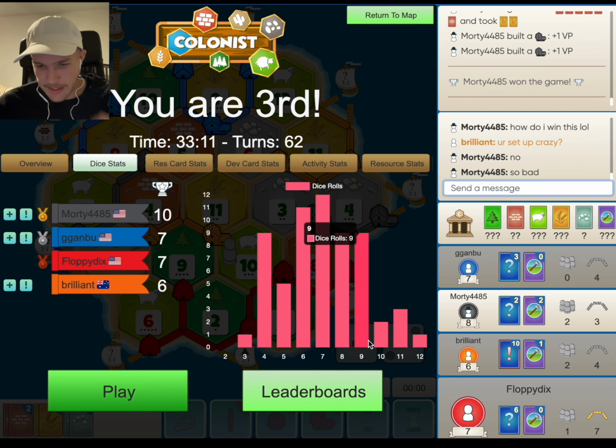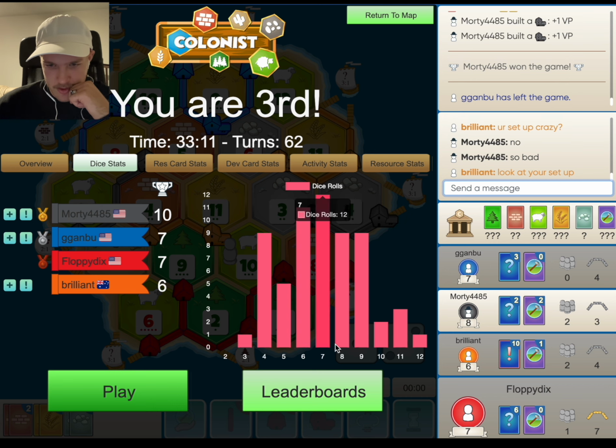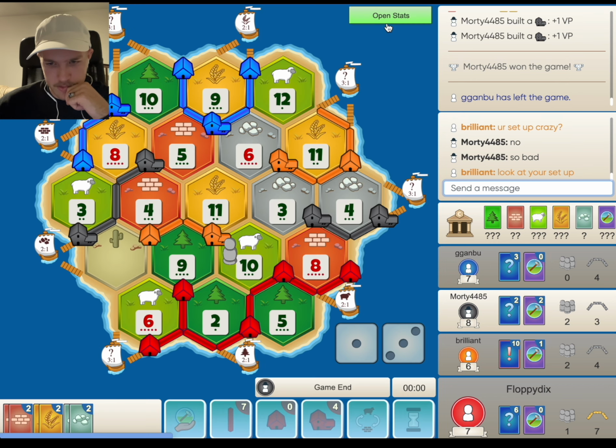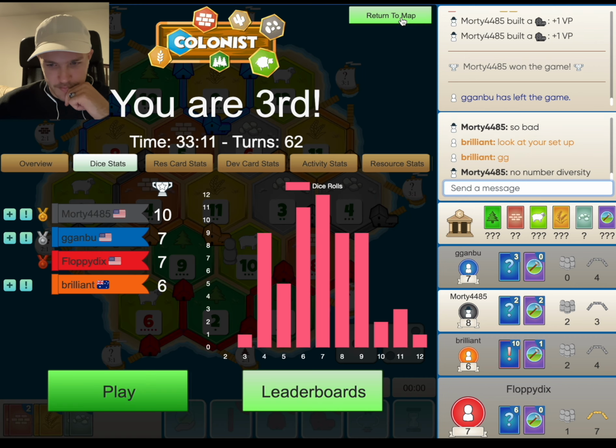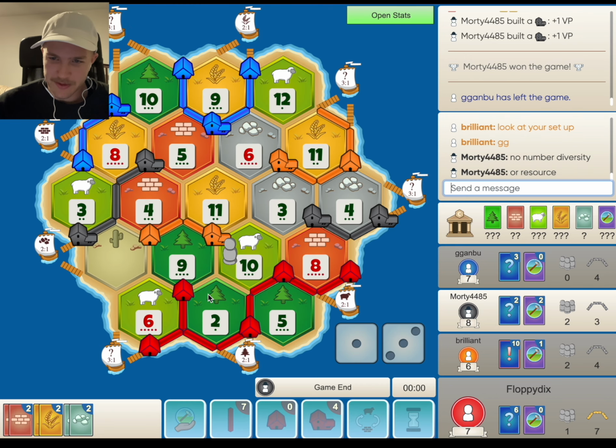Let's see, 2s didn't hit, 3s. Not a ton of 10s either. 11s, 12s. Our 6s were rolling though. 8s. Yeah. Tough game, but still fun setup. We usually don't do setups like this. I think we had a chance if black blocked orange a little bit more, but